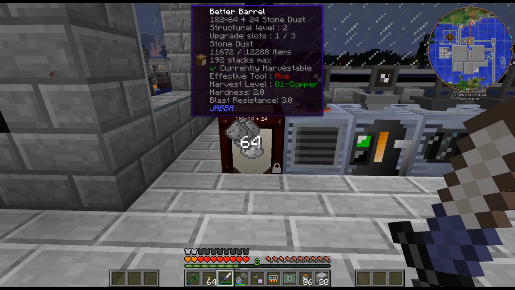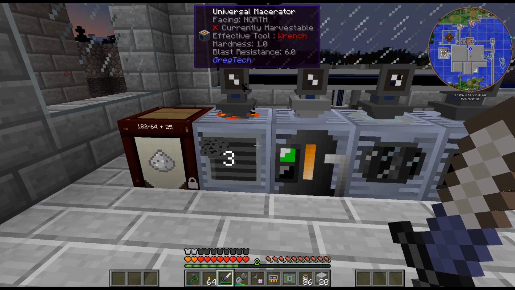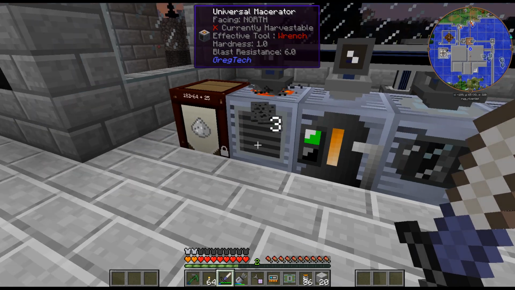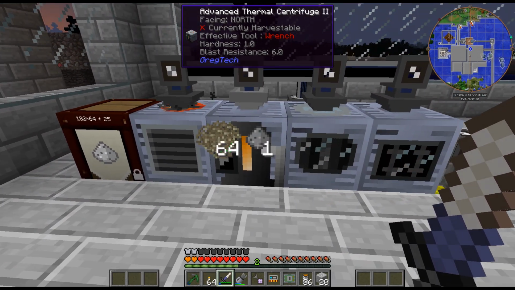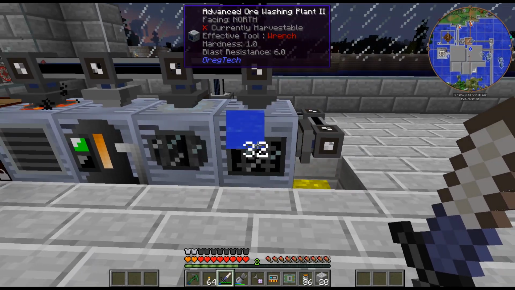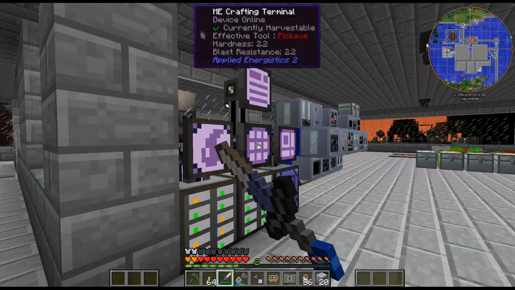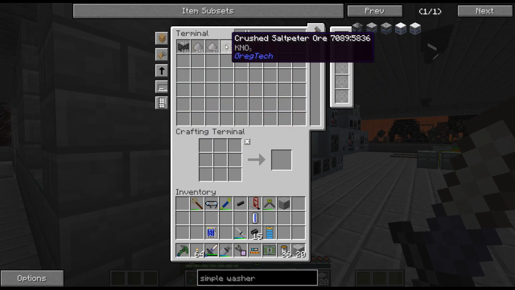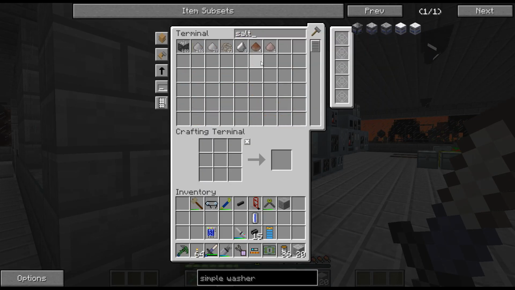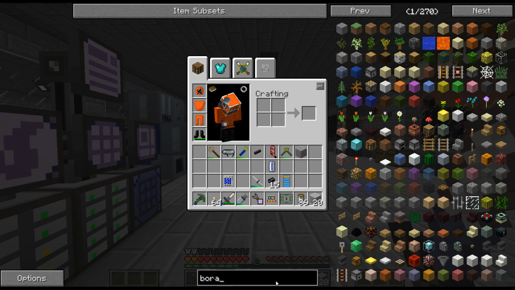Because that's going to fill up pretty quick. All right, but anyway, so that feels pretty good so far. We got our ore going down. We got our thermal centrifuge. We got our this going. I think salt was one that I wanted in the ore washer. But we don't have any of that yet. Because you get borax from that, and I need that for...